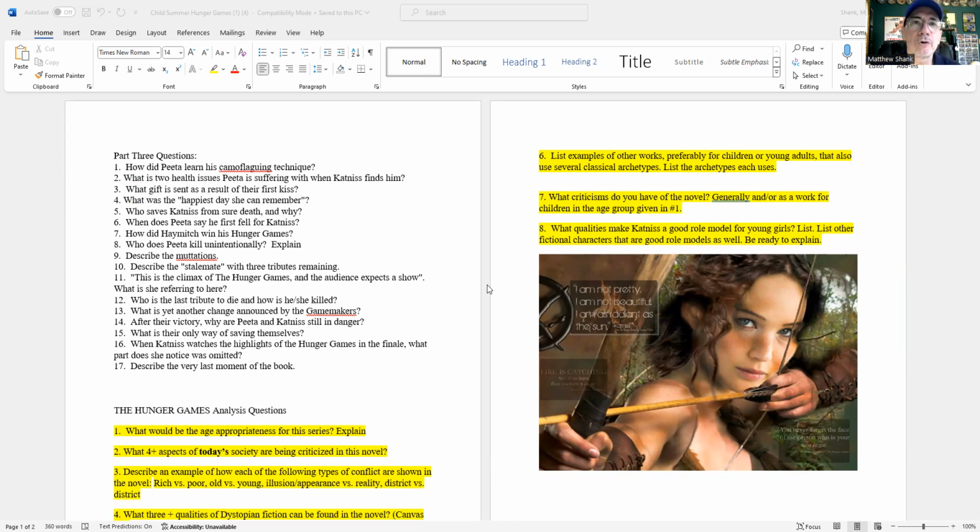Number 7, real quick, do you have any criticisms of the novel? You didn't have to love it. And then finally, number 8, what qualities do you think make Katniss a good role model for young girls? Just list them. And then can you think of other fictional female characters, particularly for young girls, that you would consider to be good role models? And you can take these from novels and TV shows and movies and pop culture. Okay? So that is the homework